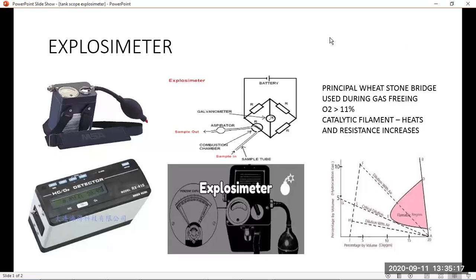Now let's start with the explosive meter. So this is the explosive meter with the ballista, the aspirator to take the sample gas, and here it is showing the reading. So the explosive meter measures LEL. We have seen in the flammability diagram what LEL is. So this is the lower explosive limit,